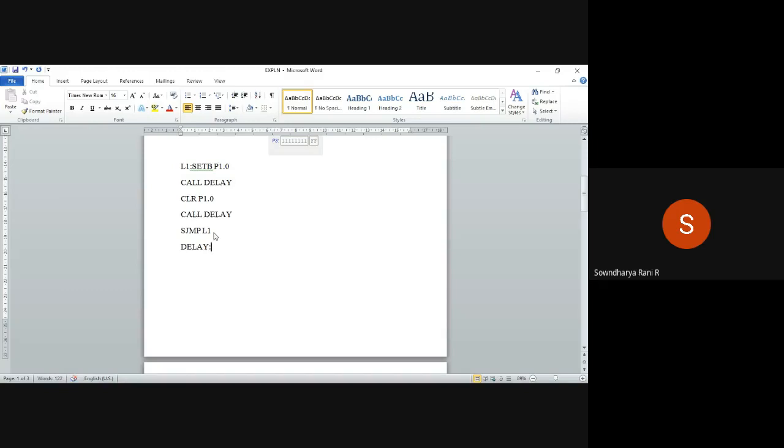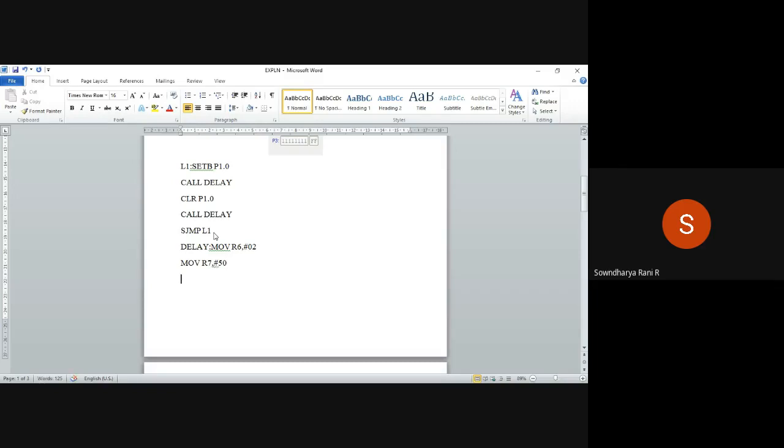For this, I will be using 2 registers. You should have studied this in the theory part. Any registers you can use; I'll use R6. I'm going to give immediate data, which is in decimal form. Note down, it is in decimal form. For register R6, I'm going to give the data 02. Then for register R7, I'm going to give another decimal value. This will go on decrementing till it becomes 0. We'll see how it happens.